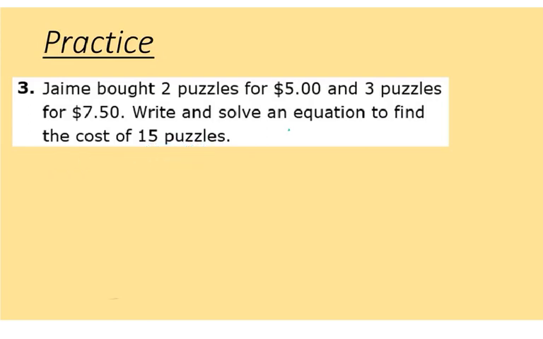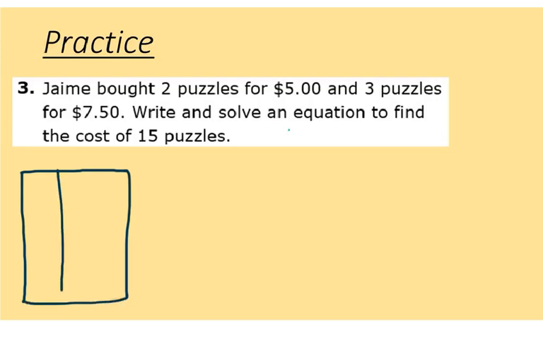Okay, so we're not given a table, but we are given 2 different amounts. We're given 2 different inputs and 2 different outputs. So let's go ahead and put it in table format, since that's what we're learning, and this will help us find an equation. So what we know from the problem is that 2 puzzles were purchased for $5. And we also know that 3 puzzles were purchased for